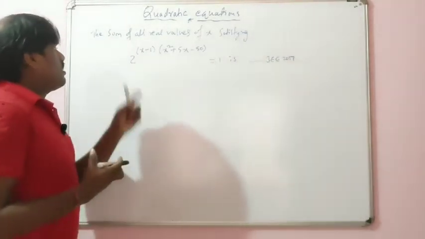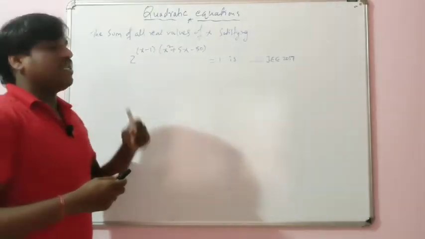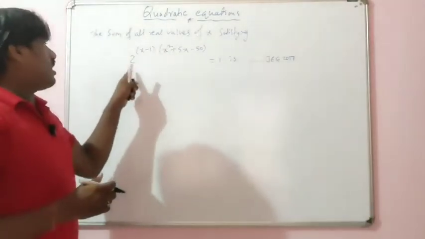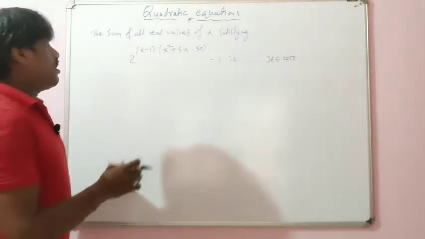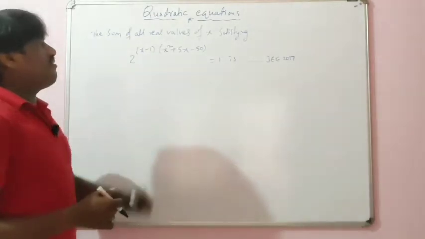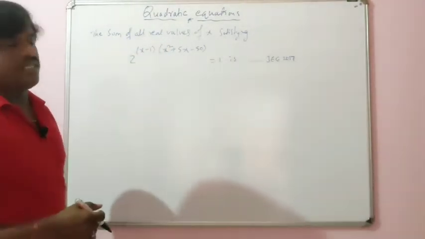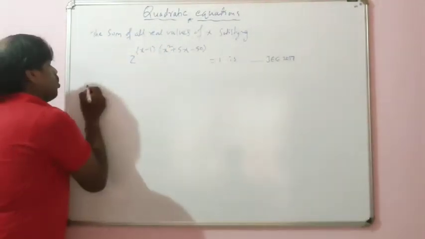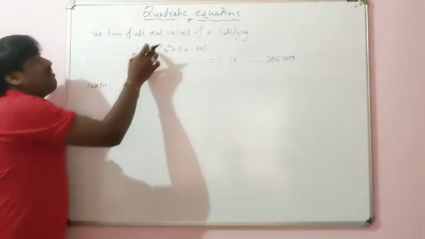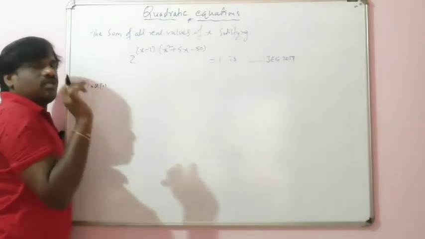So here, 2 raised to the power. In the previous question you had a quadratic power quadratic, but now here it is a number power quadratic into linear. That value is 1. So how to find the value? Sum of real values of x is asked. So what we do here, there is only one case possible. The case is that 2 power 0 is 1. There is only one case possible.